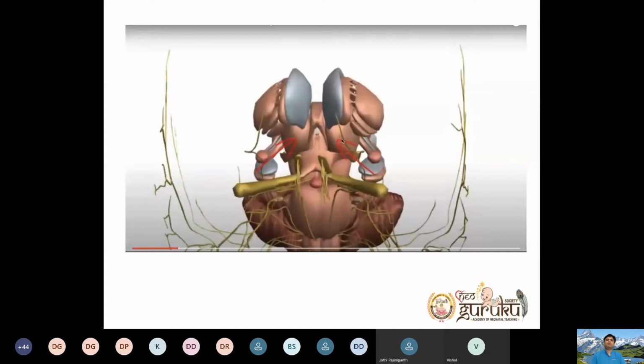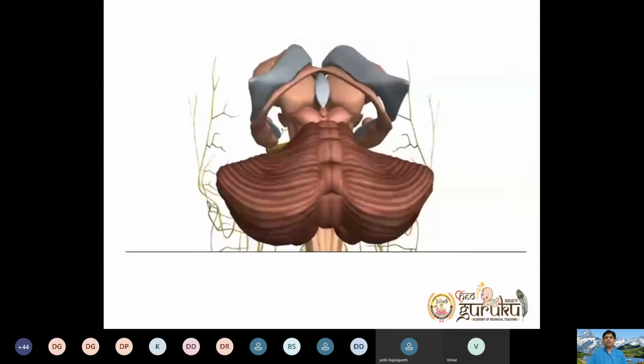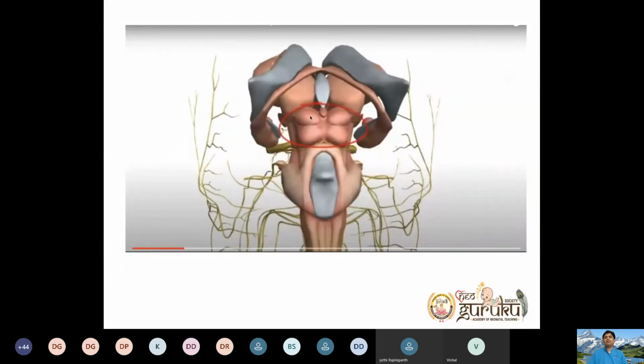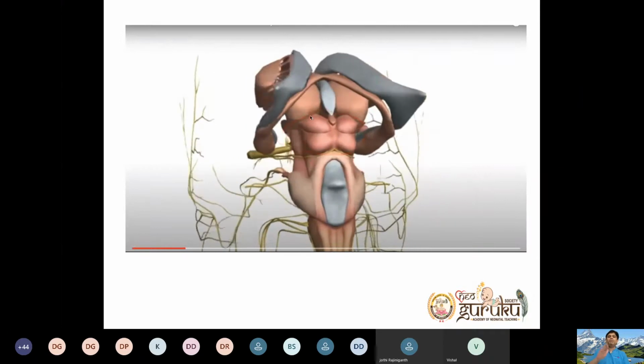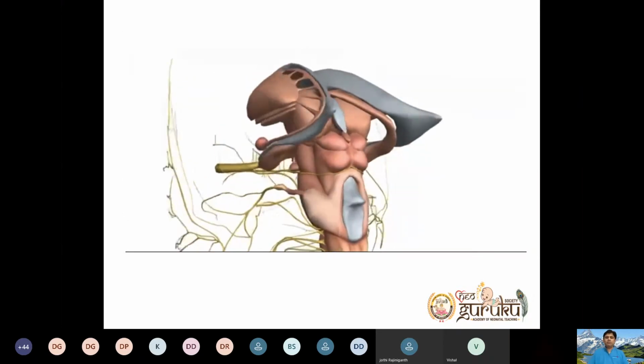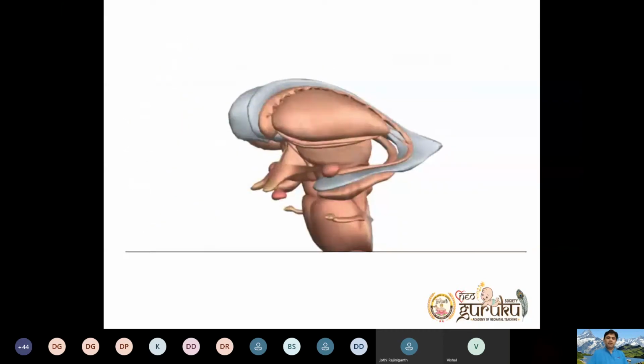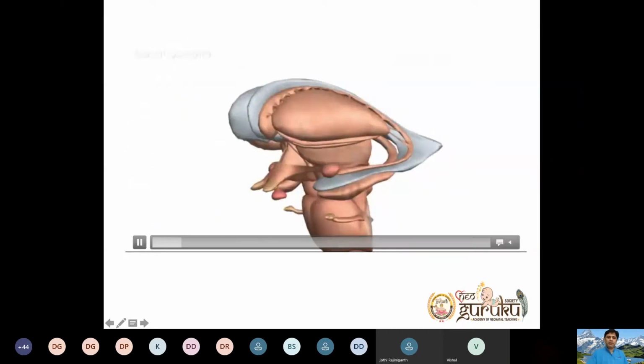This is your thalamus, which I've shown with the arrow mark. This is your hypothalamus. Then we are rotating on either side. That is your colliculus, which is sitting on the tectum of the brain, which forms the roof of the midbrain. So this much anatomy, what I'm telling, is more than sufficient for you to get into the scans. So you can see here, this is your pituitary gland, which is hanging from the stalk of the hypothalamus.